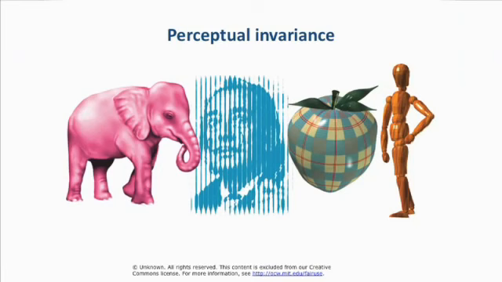Or you can see things like you've never seen before. The pink elephant, this odd picture, this striped apple. You've never seen them before, but it's not really a problem for you to figure out. So again, your visual system is just so brilliant at matching what it sees with what you know to figure out what's in front of you.